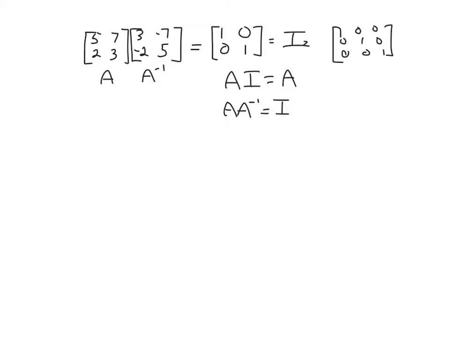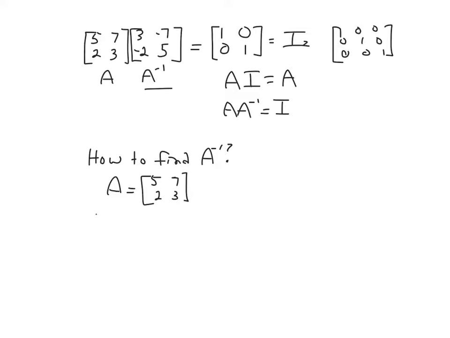Now, you're asked sometimes to find A inverse. How do you find it? Again, in this particular situation, we already know what the answer is. I'm going to let A equal [5, 7; 2, 3]. What I mean is we already know that A inverse is this particular matrix, but how would I get that given A? How do we find A inverse? We take our